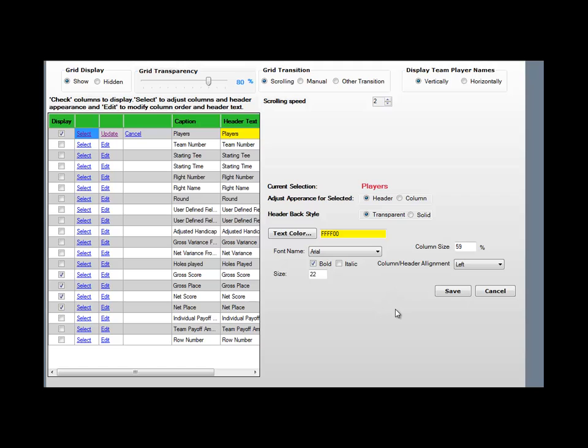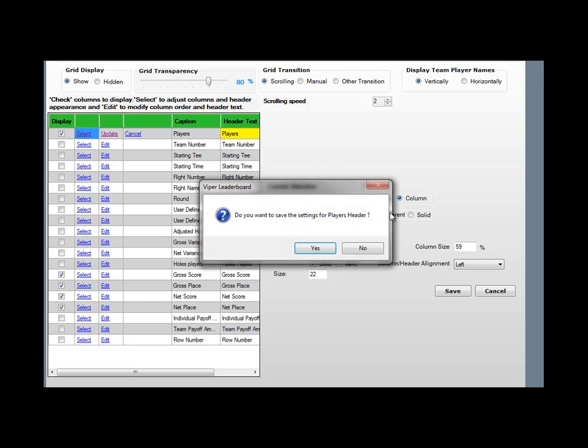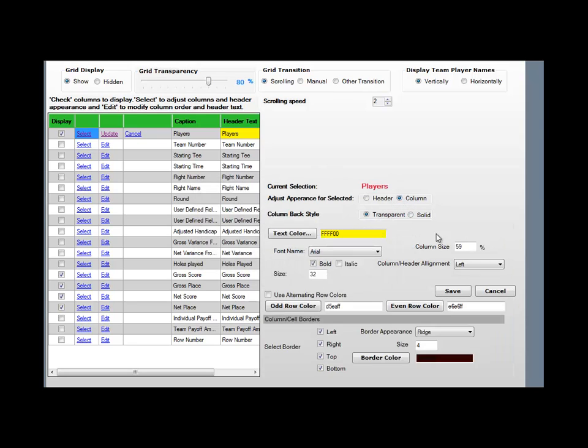adjusting capabilities on the right side of the screen for changing the fonts and the colors and the size of the fonts. And each column has two adjuster controls. One is for the header, to adjust how the header appears above the column, whether it's transparent or solid, and again the fonts and the colors for that. And the column selector would then allow you to adjust the text, the font size, and the colors within the text display of the column,